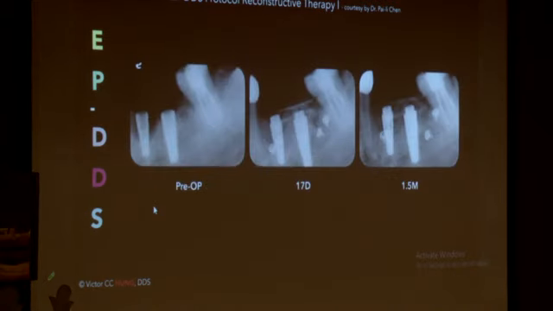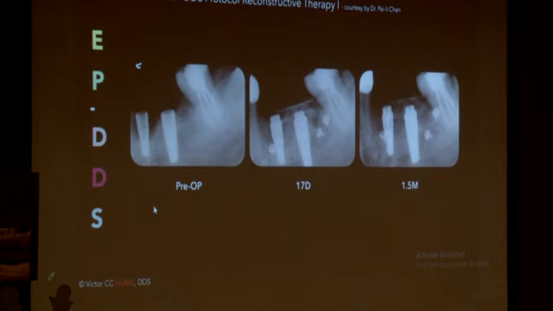So that is the radiograph. You can see we had a big defect in the beginning. We placed the bone graft, and after 70 days, 1.5 months, there's not a big loss of the bone graft. We are using the autogenous bone and also the FDBA. And sometimes if you use a xenograft, the result might be similar to the perioperative radiograph. But we will keep following up these cases, and I hope in the future we have another chance to